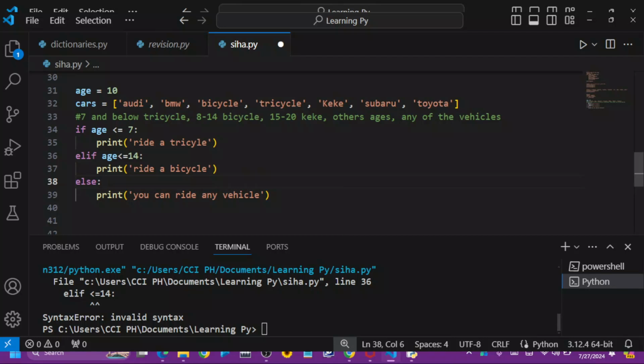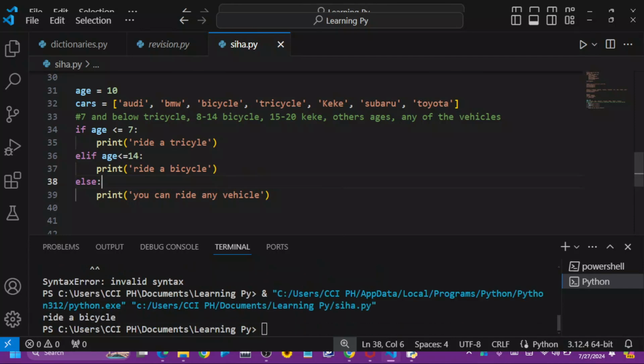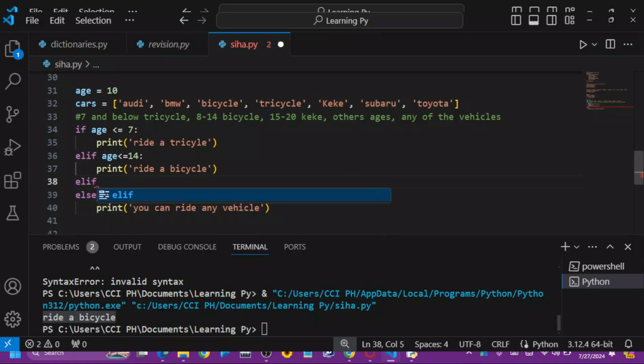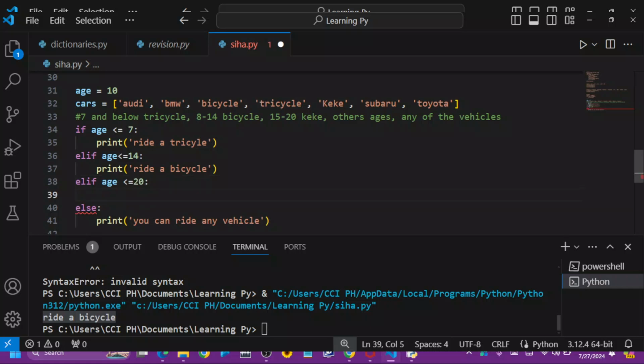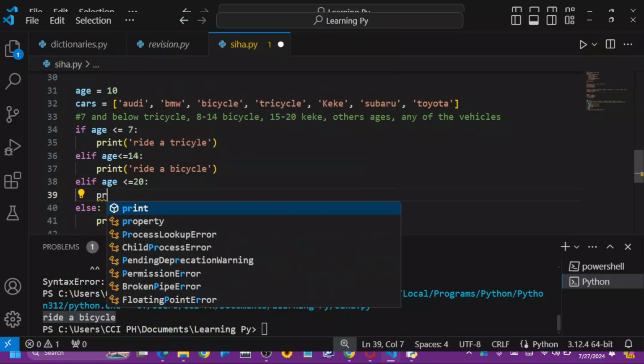And let me change the age here. Okay, there's no need for me to change it. So that I can see there, it says what? Ride a bicycle. So we can also add another elif statement for people ranging from the age of what? 15 to 20. I can say elif, right? Age what? Less than or equal to what? 20. Put my colon and now print